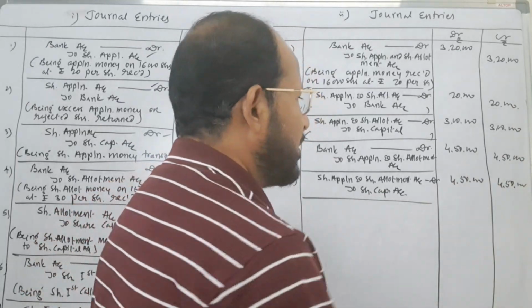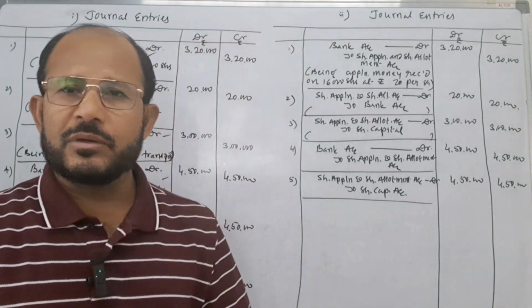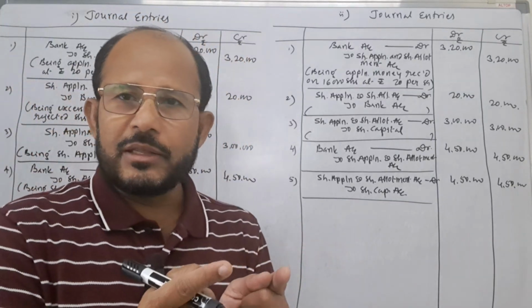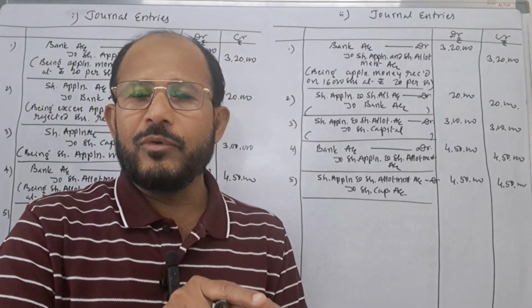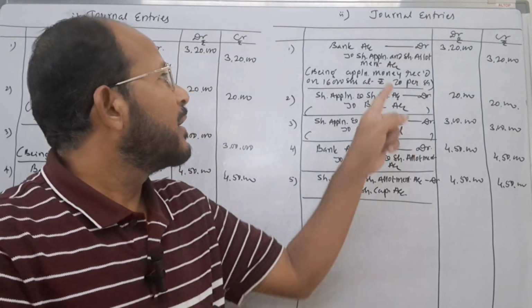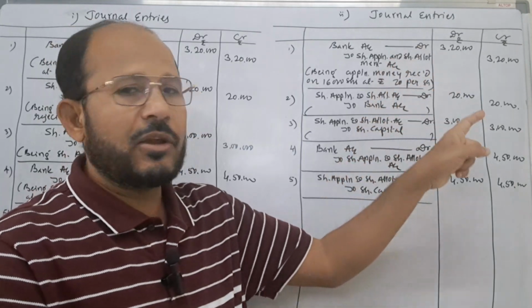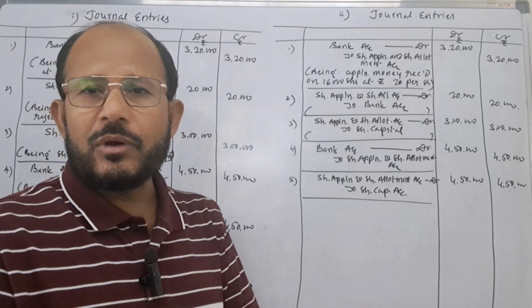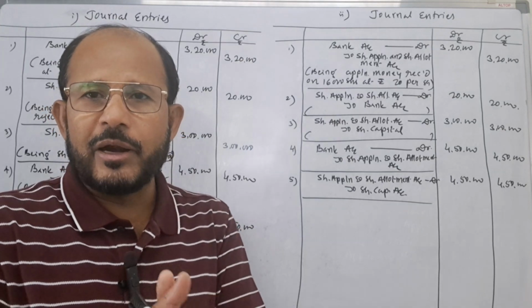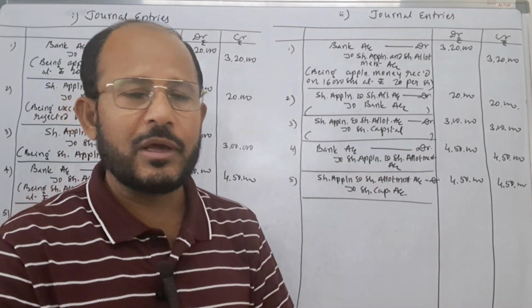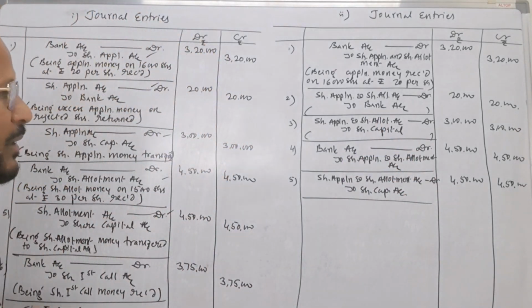Here we are not preparing separate accounts for share application and share allotment. That is why whenever we get the share application money, that time we use share application as well as share allotment. Just you see share application and share allotment account. Here whenever allotment money is received, we don't take only allotment account because here the combined account is there. That is why here share application and share allotment account we are going to debit. Next one is